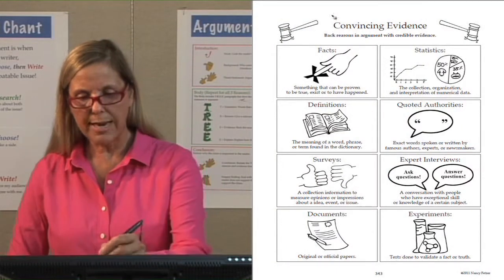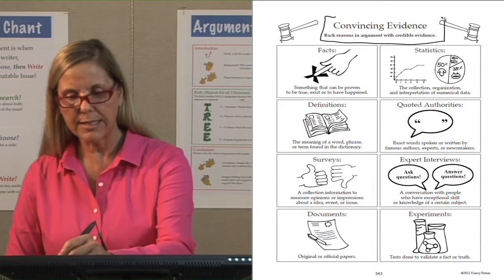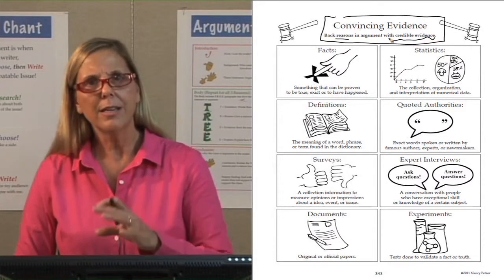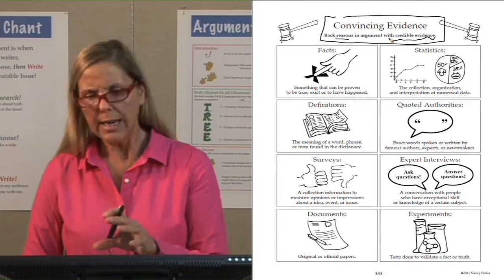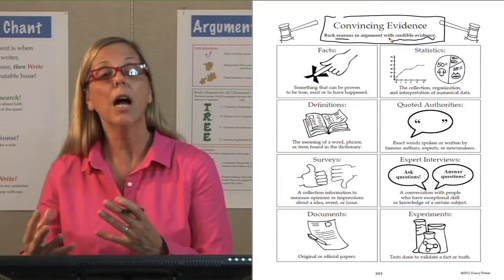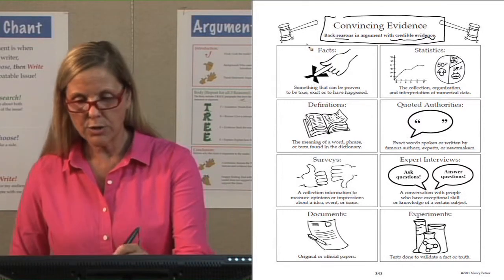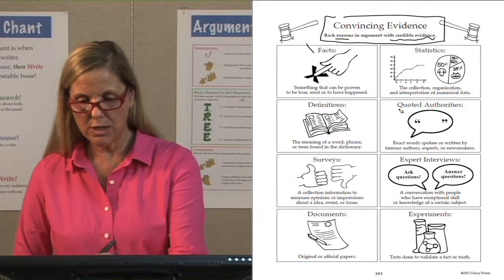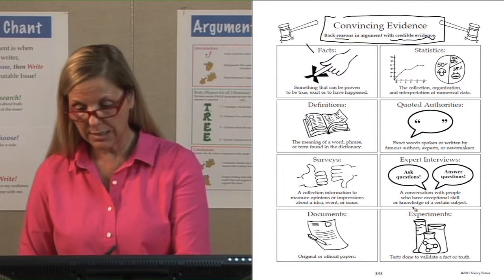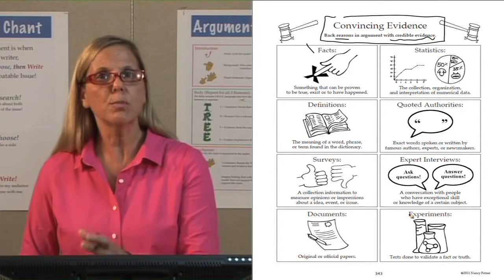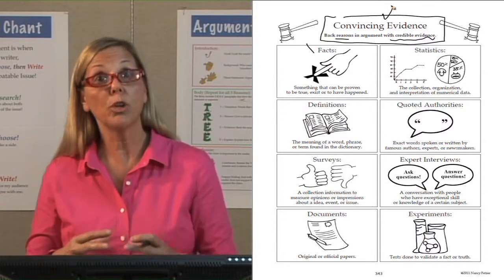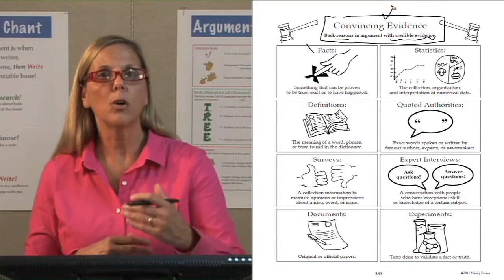This page displays many types of evidence that can be convincing, can provide credible evidence. It doesn't mean that it's always credible. It's a chart to identify and give your students the vocabulary of different types of evidence to understand what a fact, statistic, definitions, quoted authorities, surveys, expert interviews, documents, and experiments. And there's many others, but these are pretty common types of evidence students will use to back up their reasons